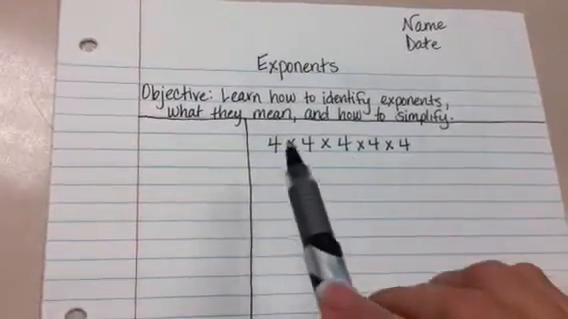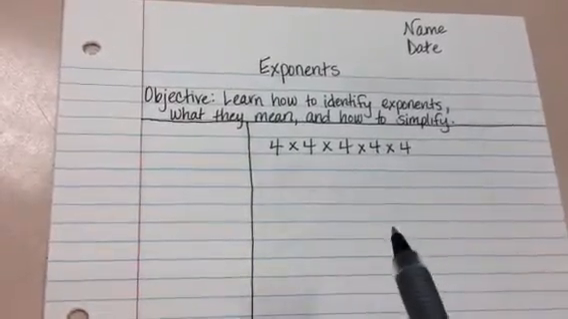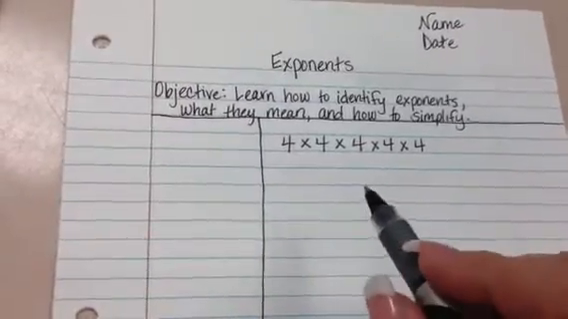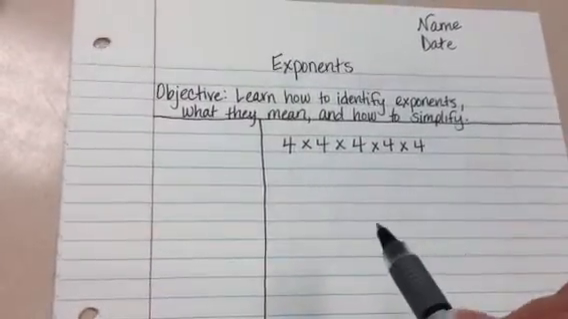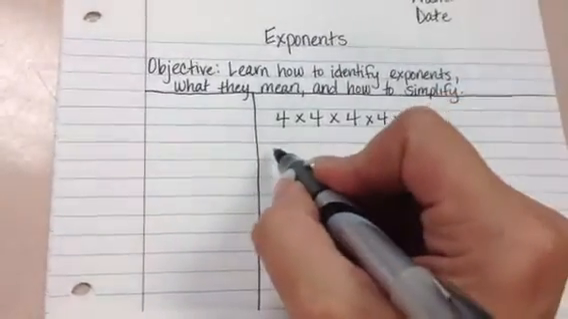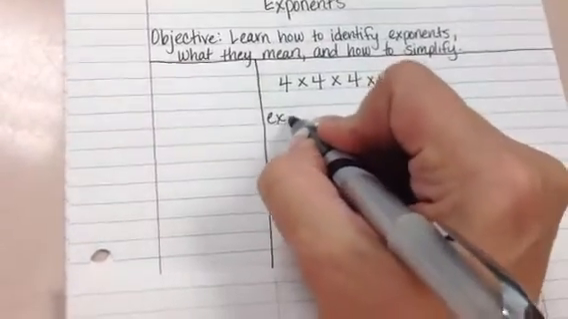simplify them. So let's start with 4 times 4 times 4 times 4 times 4. That's a lot of 4s to write. Exponents help us write this exact same thing in a much easier way. And so that's what exponents are. That's what they mean. Exponents